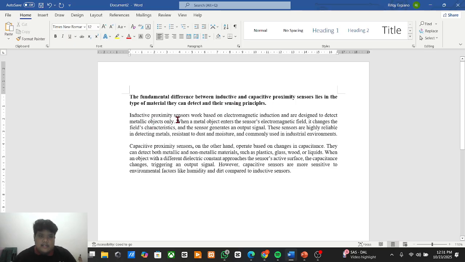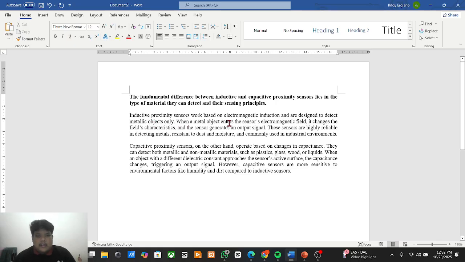Inductive proximity sensors work based on electromagnetic induction and are designed to detect metallic objects only.